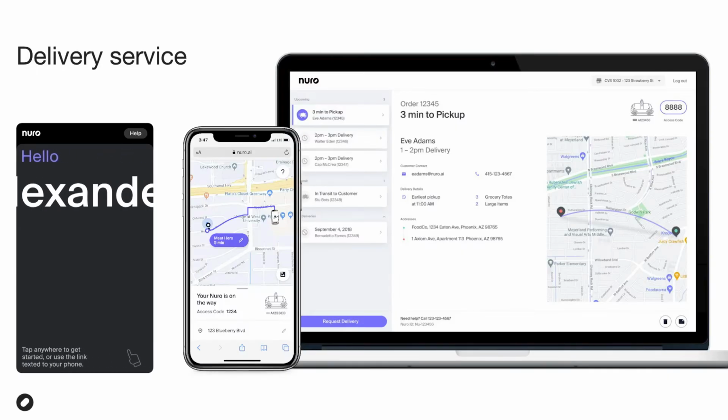Autonomous delivery is a new experience for customers. We want it to be a great experience. This requires a platform that is built from the ground up for autonomous goods delivery, including both the hardware and the software. Our platform offers seamless integration with retailer order systems to make it easy for customers to place an